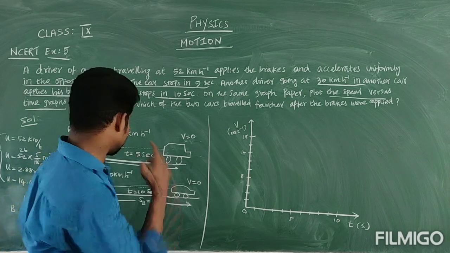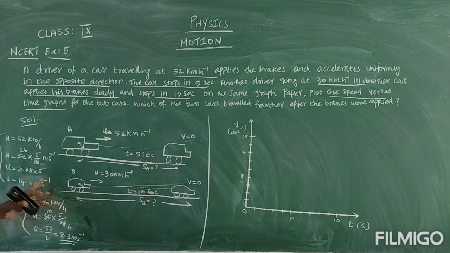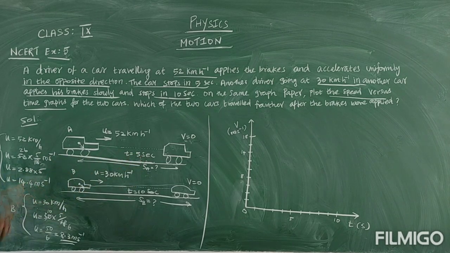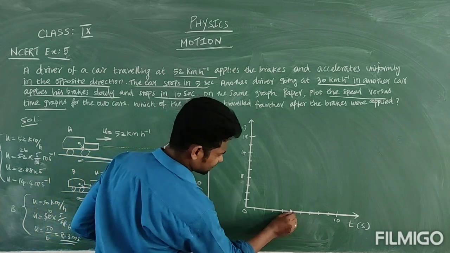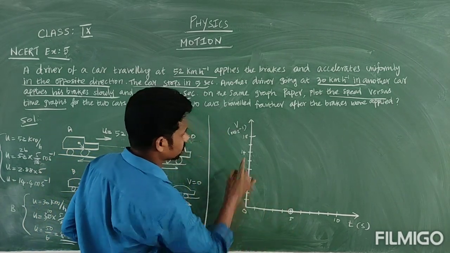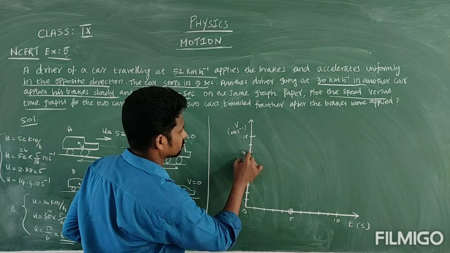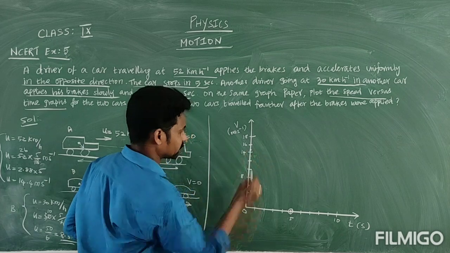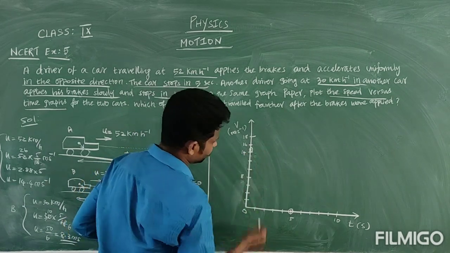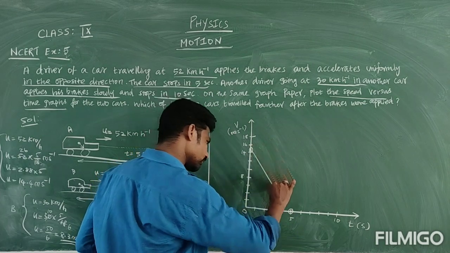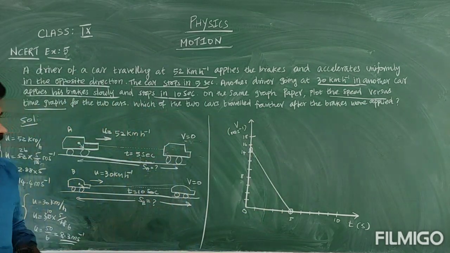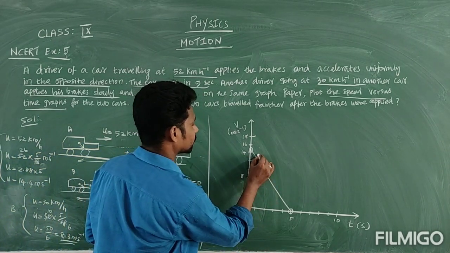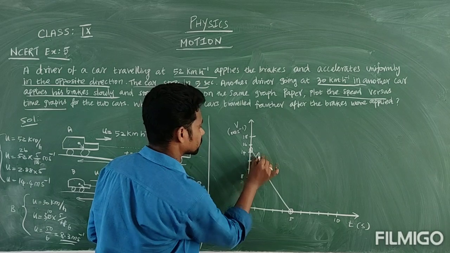Right. So now we see the graph first for A. For A, the time is 5 seconds but the speed is 14.4. So this is 14, this one 16, so 14.4 is approximately here. I make it a point, and now we can join these two lines. So this is one graph. Actually this graph is for car A.